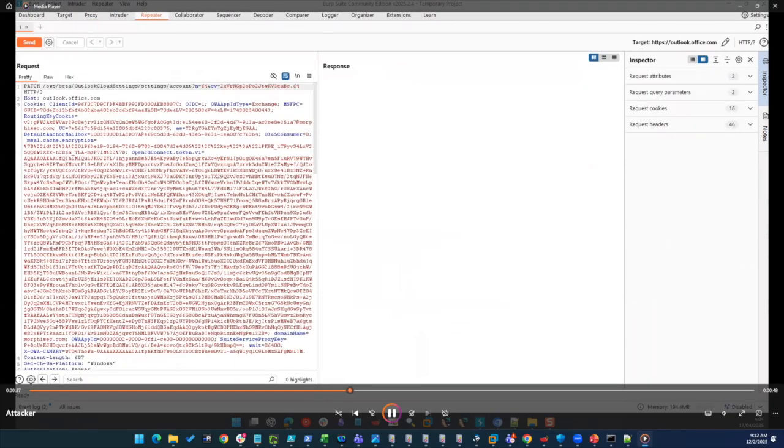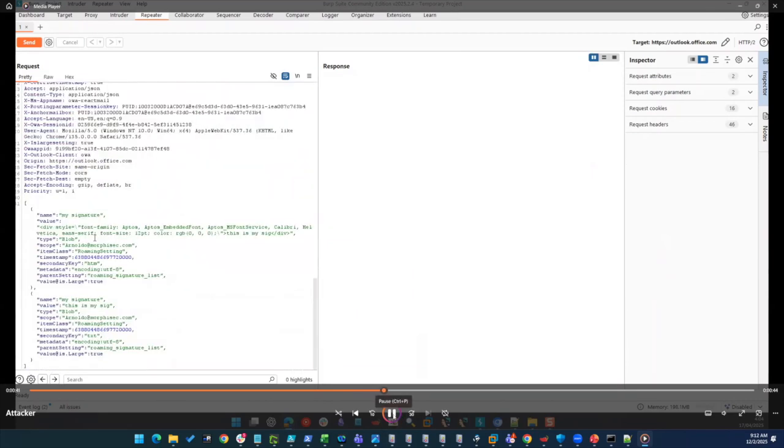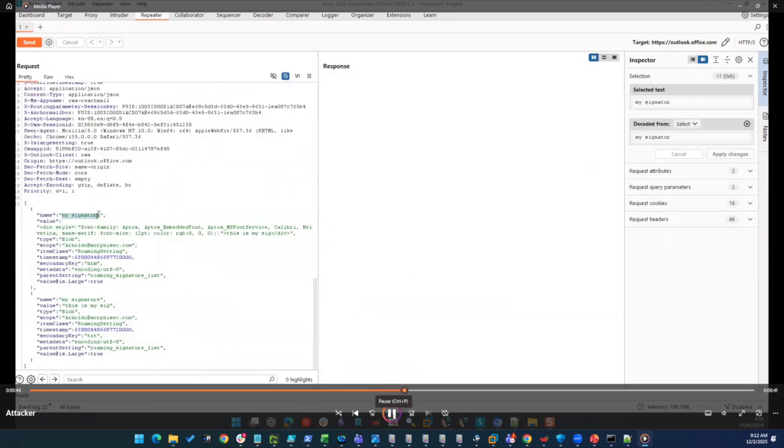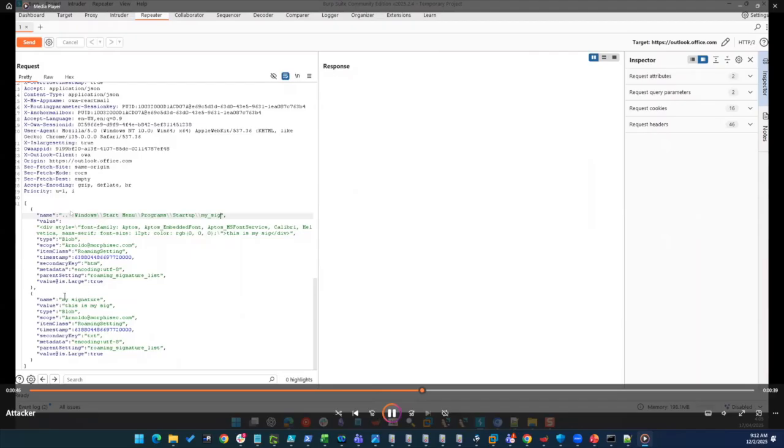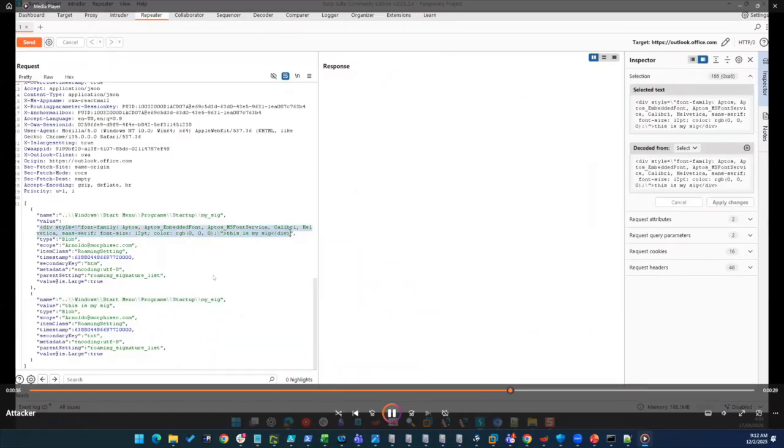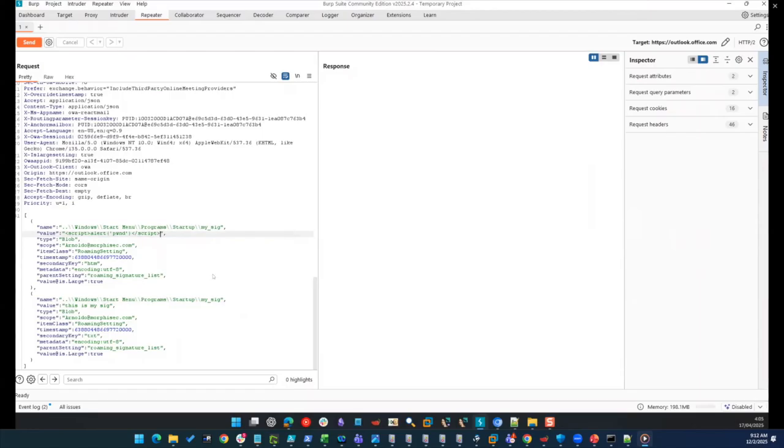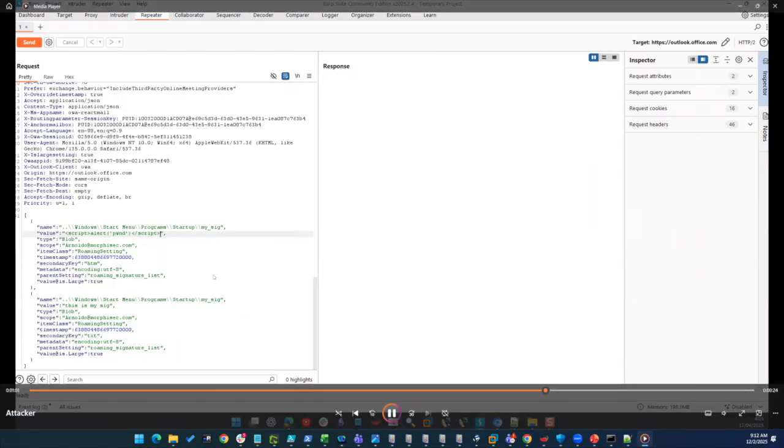Now we're going to modify our signature through Burp. We are going to modify the name of the signature that we just generated, My Signature, and we are going to use the PATCH API. Remember, PATCH is editing versus GET is just getting. We'll change the value to alert, and then we'll also change the RTF value to auto execute as well.